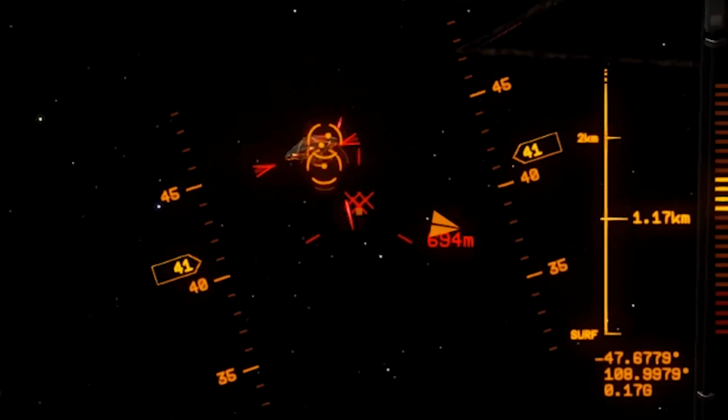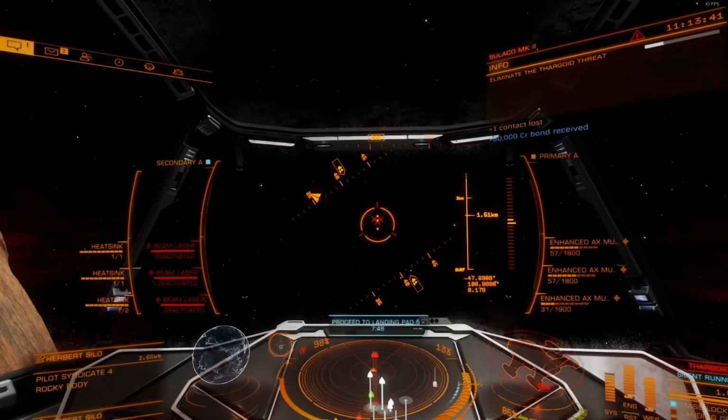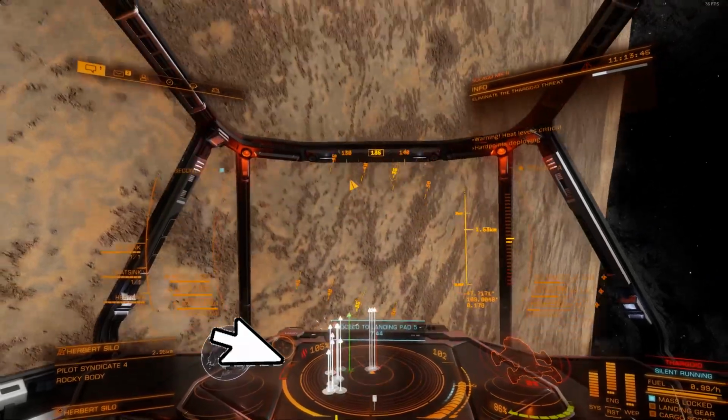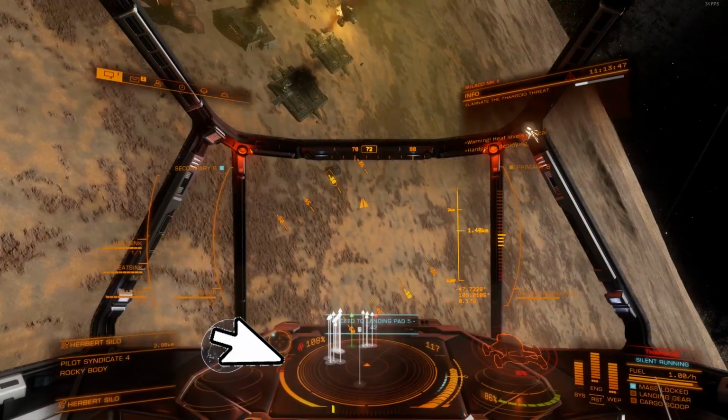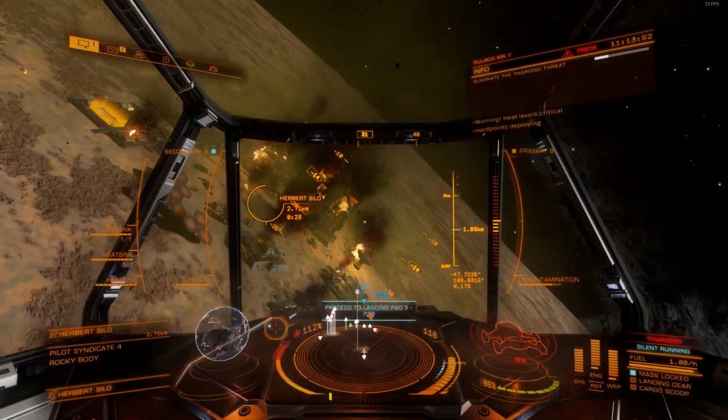Yeah, well, poo on you. I'm already burning the shit off. See the silent running that I turned on? And look over there, it's temperature gauge. Ship's getting hotter and hotter. 120 is what you're looking for. As soon as that happens...